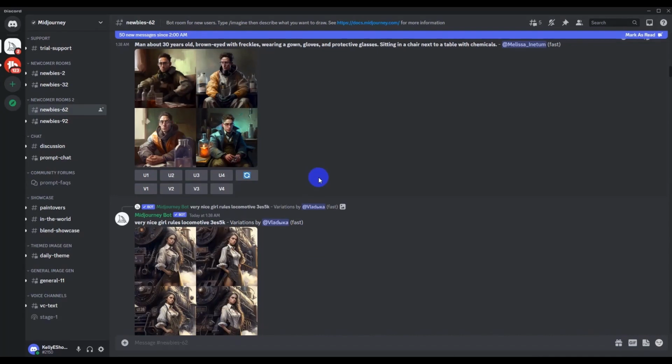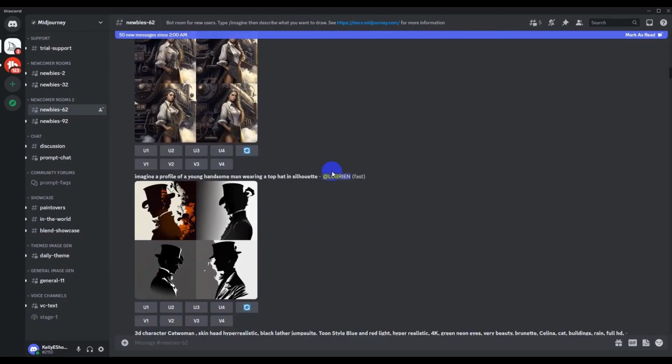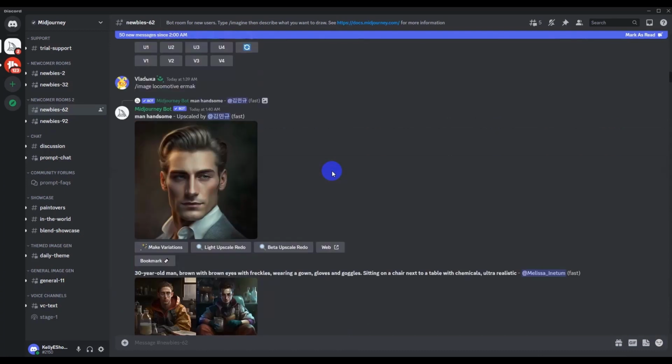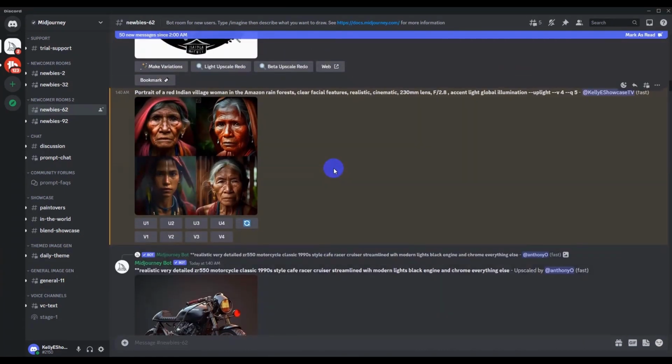Just type in what you're imagining, but of course following the instructions on how to generate the images. Check this out. This is what I generated, and here is what I input right here.